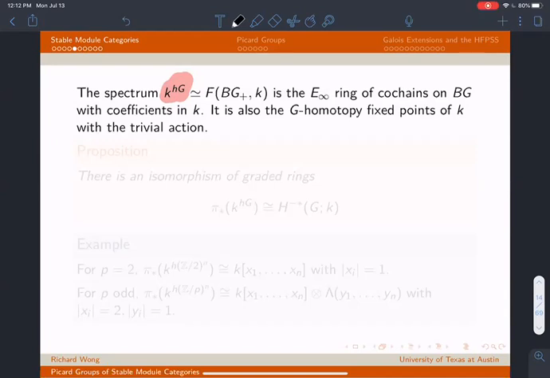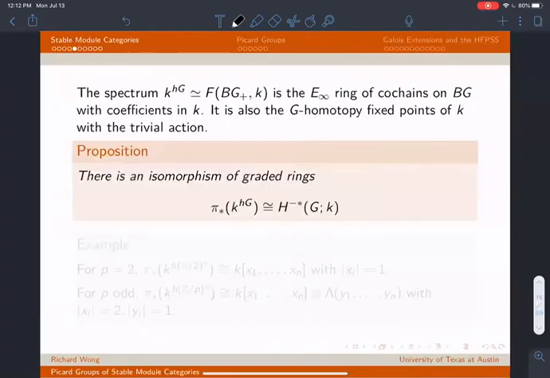And the thing that is nice about this is that we already understand its homotopy groups very well. There's an isomorphism of graded rings between the homotopy groups of the homotopy fixed points, identified with negative degrees of group cohomology,